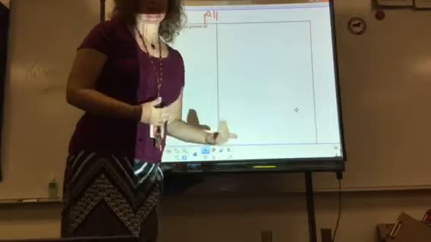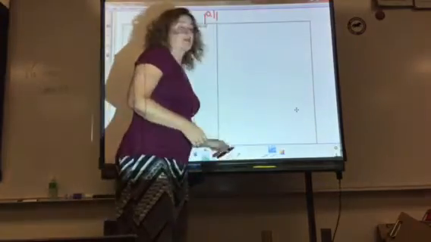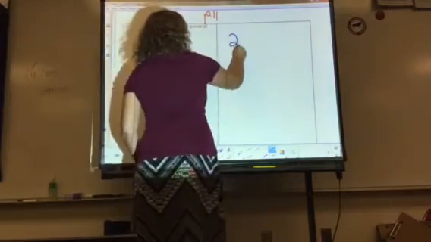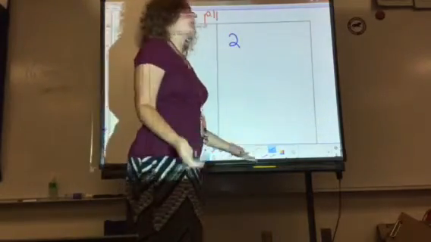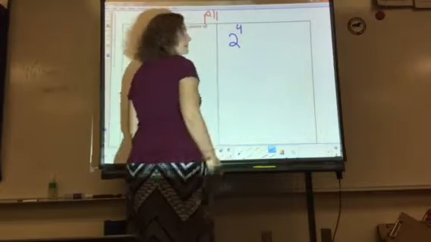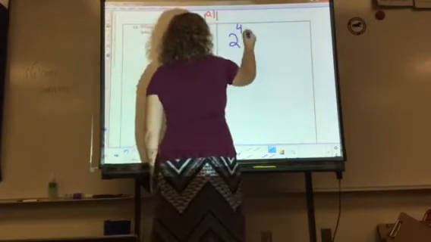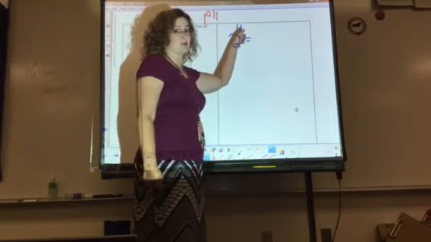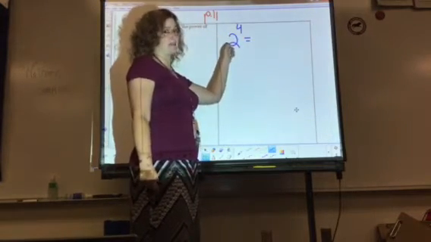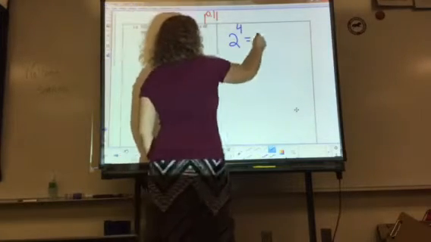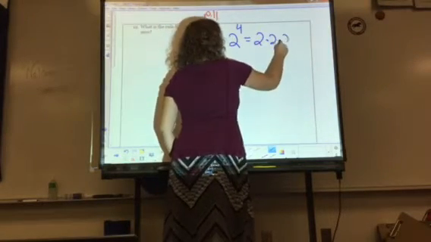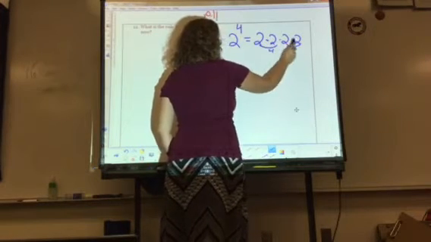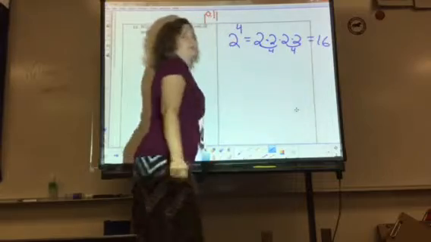I'd like you to write these down as I go. We're going to start with a really easy base to think about, like 2. So over here I'm going to write 2. Let's think of an easy power. How about 2 to the 4th power? Remember, this means 4 2's are multiplying, because the 4 is the little bossy guy and he doesn't do any work but boss the big guy around, and the big guy, the base, does all the work. So 1, 2, 3, 4. 2 times 2 is 4, 2 times 2 is 4, 4 times 4 makes 16.